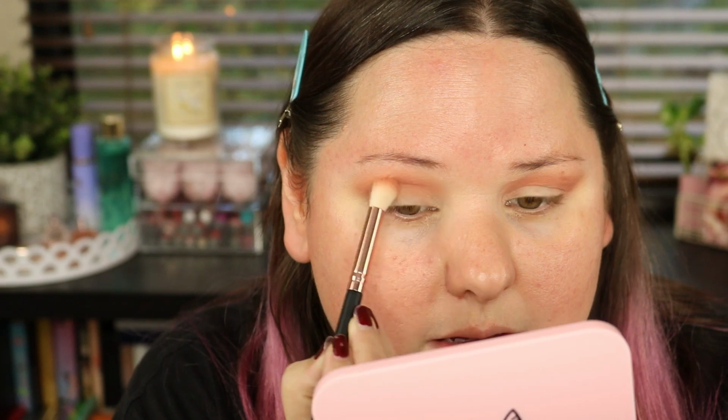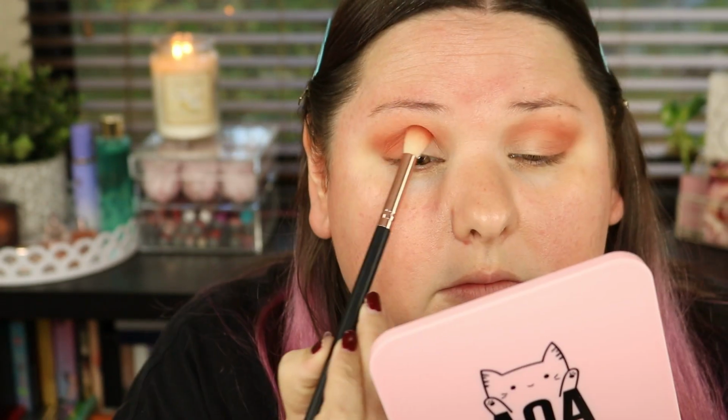I think they performed beautifully. They were full pigmentation, and I don't know if it was just because I used an eyeshadow primer, because they swatched really well. Whenever I swatched them, there was a ton of pigment payoff from that as well. I can't say that the pigmentation across all the eyeshadows would be absolutely amazing based on this experience, because the